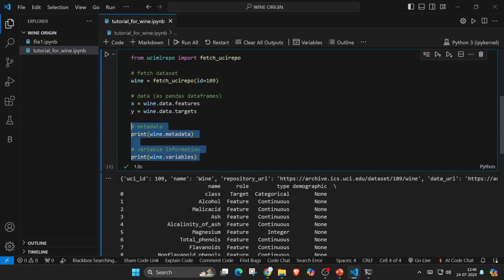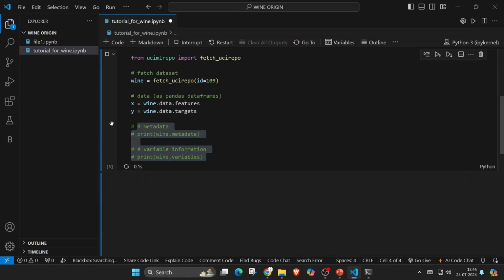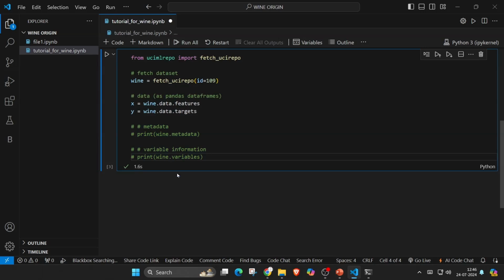Okay, I actually don't want to go much deep into this, so I will be commenting it out. And yes, I want the output to be clear. Now another thing we have over here: see, this is wine.features. That's all we have seen: alcohol, malic acid, and all that. And this target is what we will be predicting, the cultivar of the wine itself.